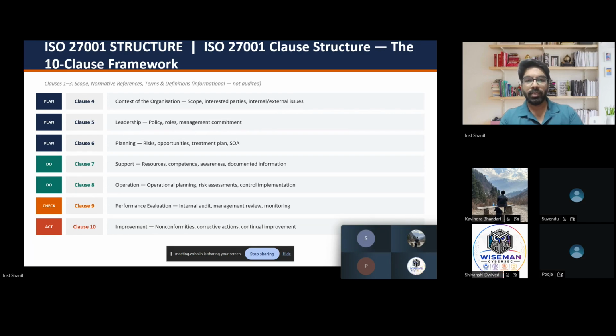And what is ISO all about? In clause 10, we are talking about continual improvement. So the risk register needs to be continuously monitored to identify the risk and to define if we are able to accept the risk, mitigate the risk, or avoid the risk. And the fourth one is risk treatment. How are we treating the risk ultimately? So we can implement additional controls, we can take some insurance policies, or we can hire a third party to monitor a particular risk for us. Clear? Yeah. Thank you.